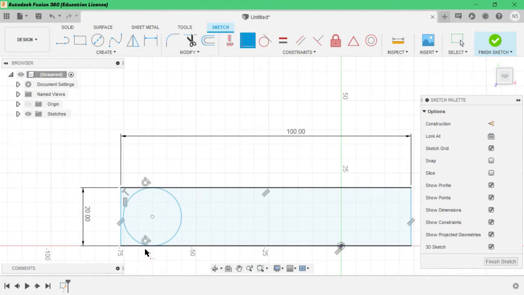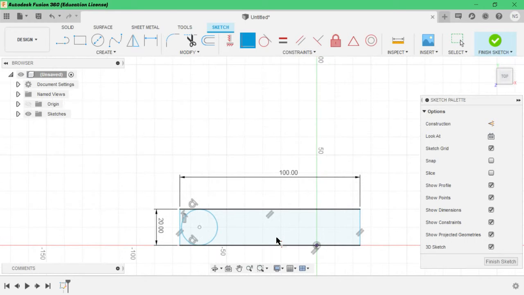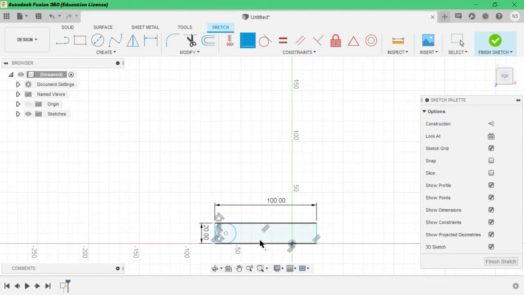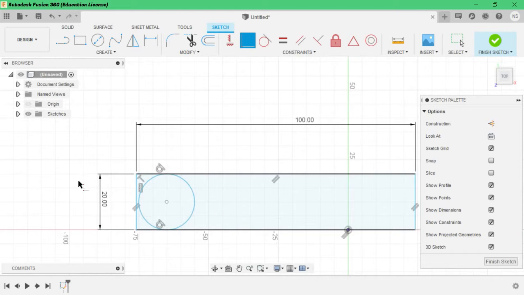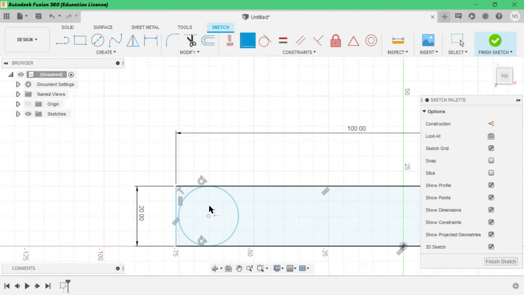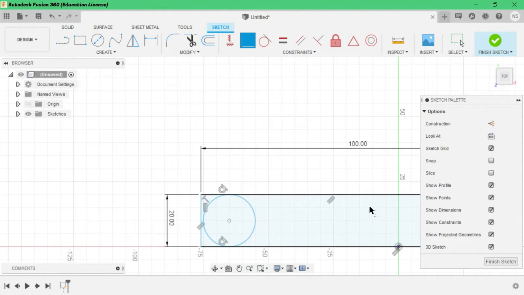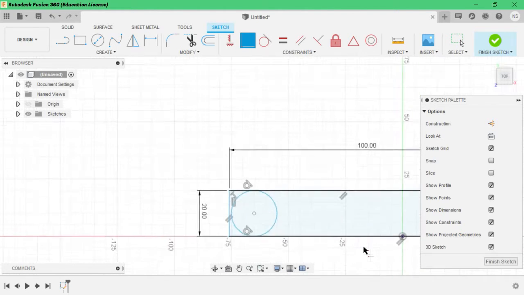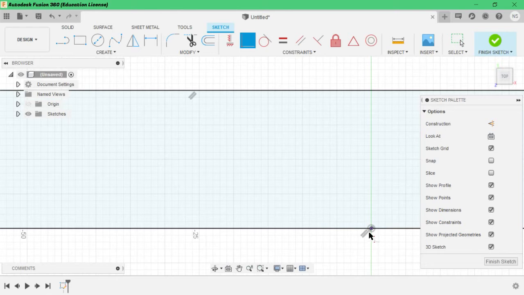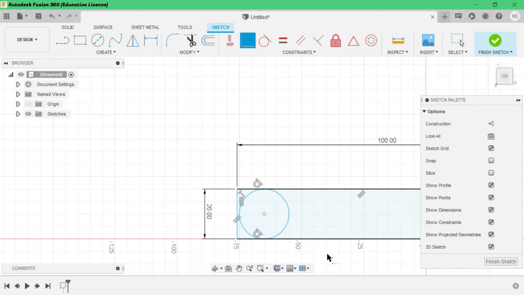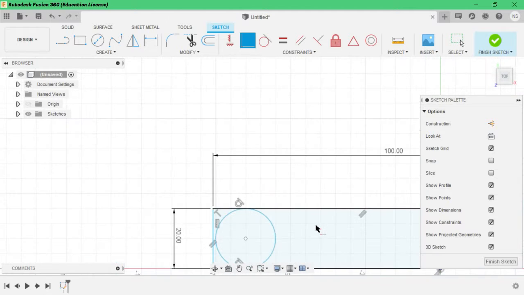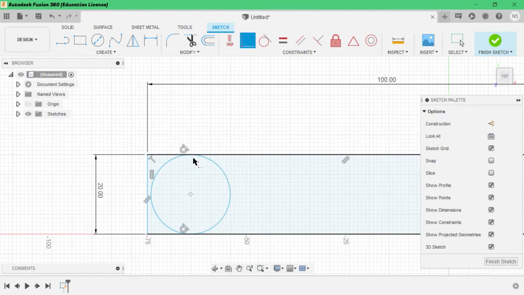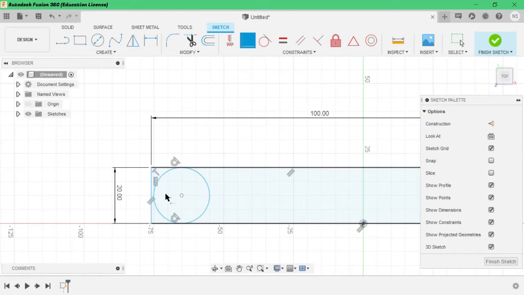While we define a given dimension or given sketch, then it will become dark. See, we have given a constraint to these lines, as this line is parallel to this line, both are in a parallel constraint, and this line is constrained with the origin. So these two are fixed, these two are perfect. Again these are in blue, so these are not defined.